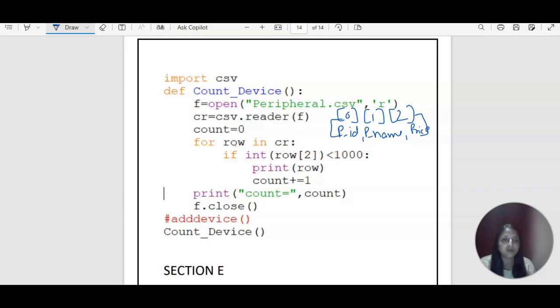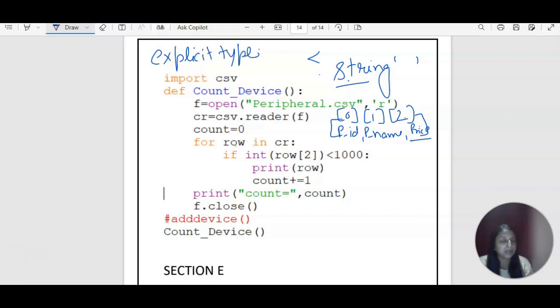So now the point is you actually have to fetch the value of the third one, which is at index position 2. Here, the values, when you are saving into a file, get saved as a string, which is something in single quotes or double quotes, and you can't apply any mathematical operation on a string value. But here you have to apply one comparison operator, less than. So you have to convert that string into integer. So how can we do it? With the help of explicit type conversion.